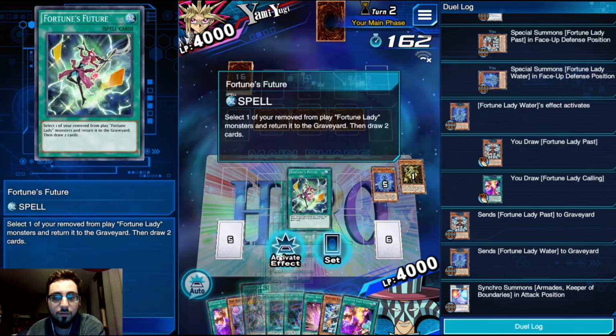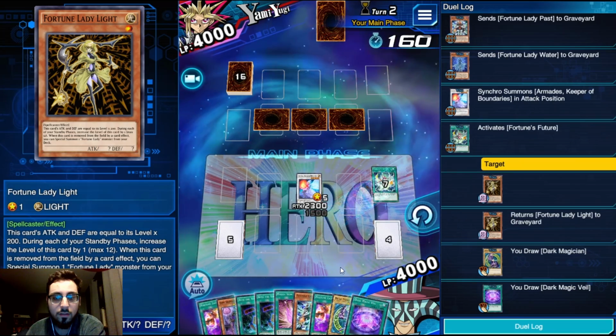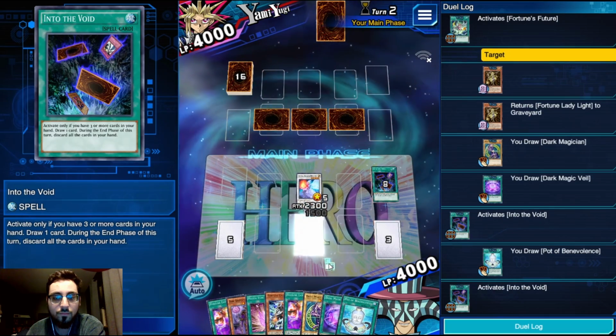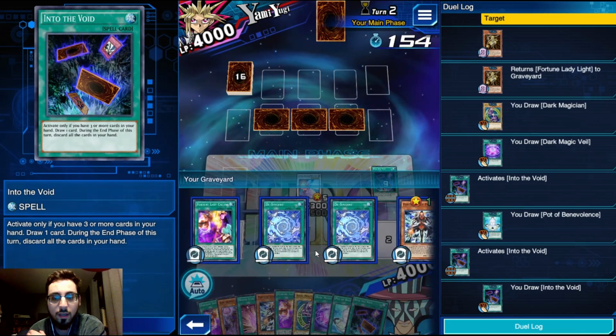So I'm going to Fortune's Future. Please don't DC. Let me do it. Please, please, please. Into the Void. Into the Void. I can't Into the Void here because I have to...